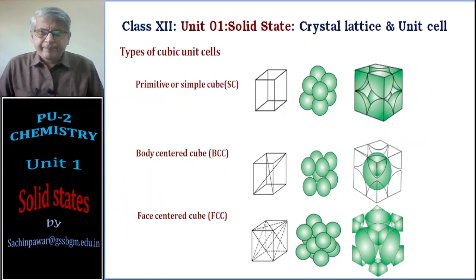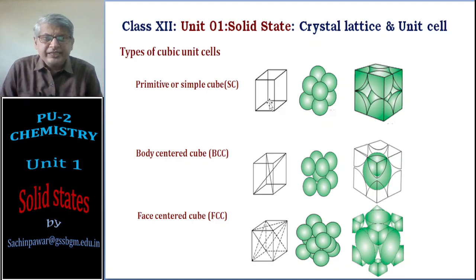So here you see a cube. I have taken a cube here. Edge length A is equal to B is equal to C. If I just imagine, then you see the particles are only at the corners. 8 corners: 1, 2, 3, 4, 5, 6, 7, 8 is behind that. So 8 corner particles. If you draw imaginary lines, then you will get a structure like this. This is a cube which is having particles only at the corner. Simple cube. Body centered cube: 8 corner particles, along with that 1 particle at the center, that is body centered cube, BCC.